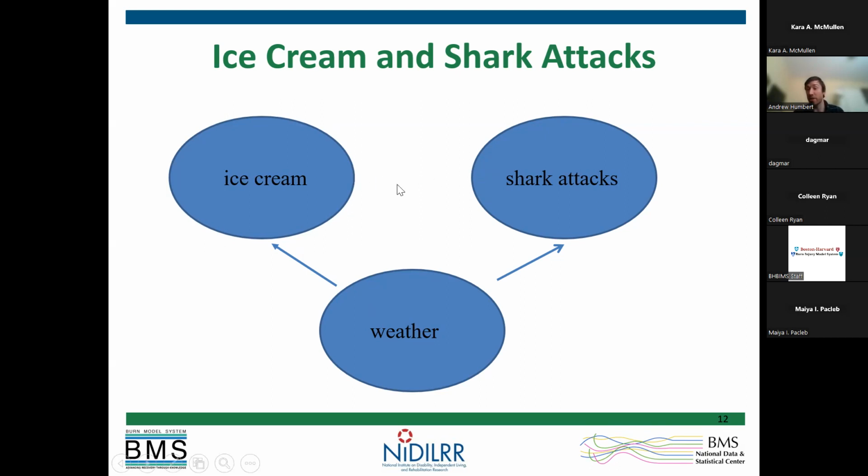Sometimes this line still exists, but it's smaller. And sometimes that line actually gets larger by including confounders. Again, confounding can work both ways. It can amplify a relationship, or it can minimize a relationship as well. But this is essentially what it would look like pictorially. What we're really looking for in confounding is this association between our predictor and our confounder, and then the causal relationship between weather and shark attacks, that confounder and outcome, and then we conclude that this is a potential confounder in our data.